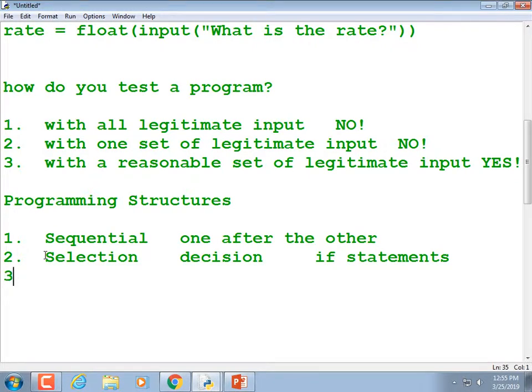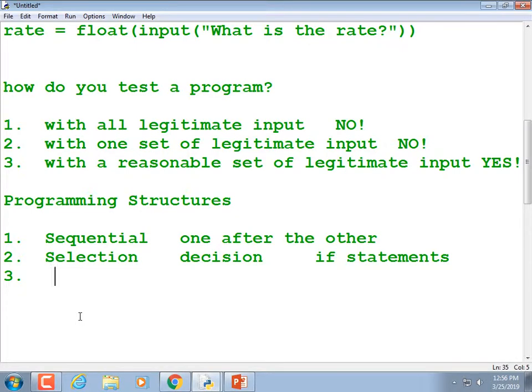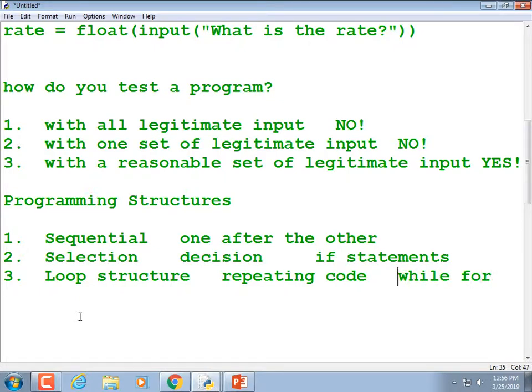And then lastly, repeating code, which is loops. So, loop structure, which is repeating code. Which incidentally are while loops and for loops.